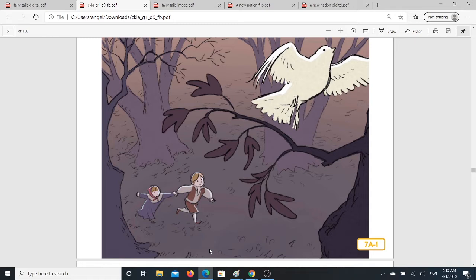It was now the third morning since they had left their father's house. They started along again, always looking for the way home, but instead only going deeper into the forest. Unless help came soon, they would surely starve. At about noon they saw a pretty snow-white bird sitting on a branch and singing so beautifully that they stopped to listen. Then the bird spread its wings and flew before them, as though to say, "Follow me." And so the children followed the bird until they came to a little house. The bird flew up and